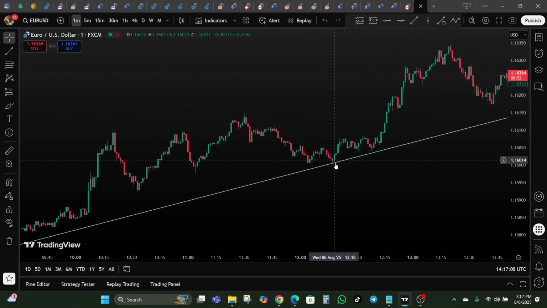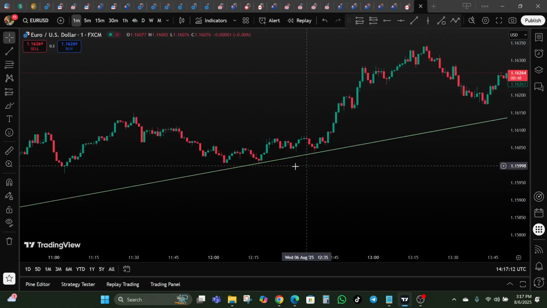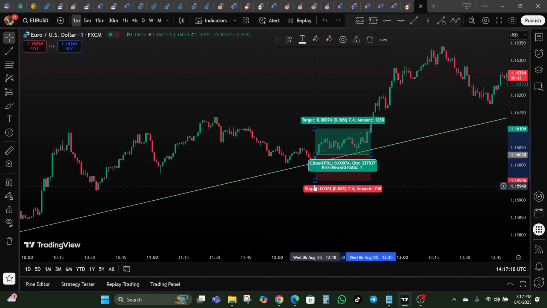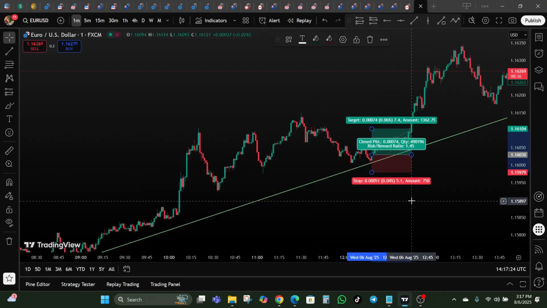Now you can see that we had a bullish confirmation around here. Look at this rejection wick and look at this bullish candle. Now, if you enter a trade around here, make sure you always have confirmation. Make sure your confirmation is legit, and make sure you are trading in the direction of the trend because you want to catch the impulsive move. So in this case now,